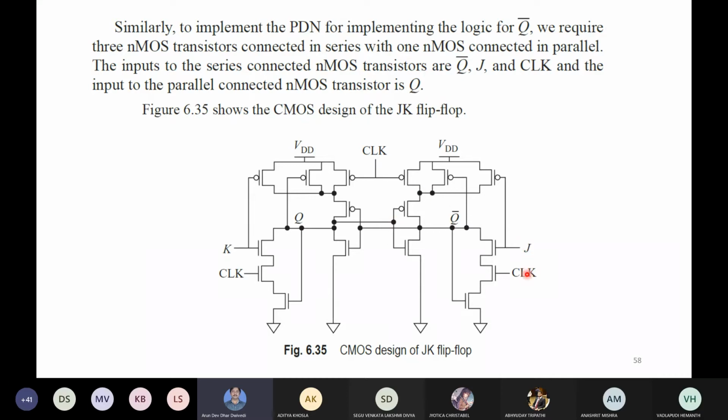So the dual network will be J, K, and here you are giving the Q, but here you have taken J, CLK and Q bar. Q bar was the output of the same NOR gate. So this J, CLK and Q bar were in series here, and now here they are in parallel. Basically this is J, and this is Q bar, and then CLK. They are in parallel, and in series to them, the output of this one, Q, is also there. So in this way, CMOS logic implementation is possible.